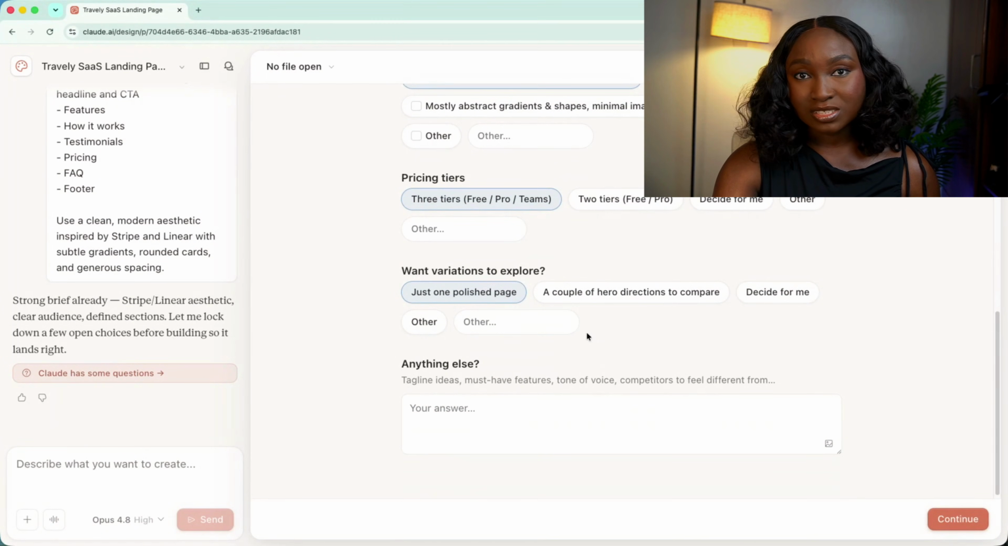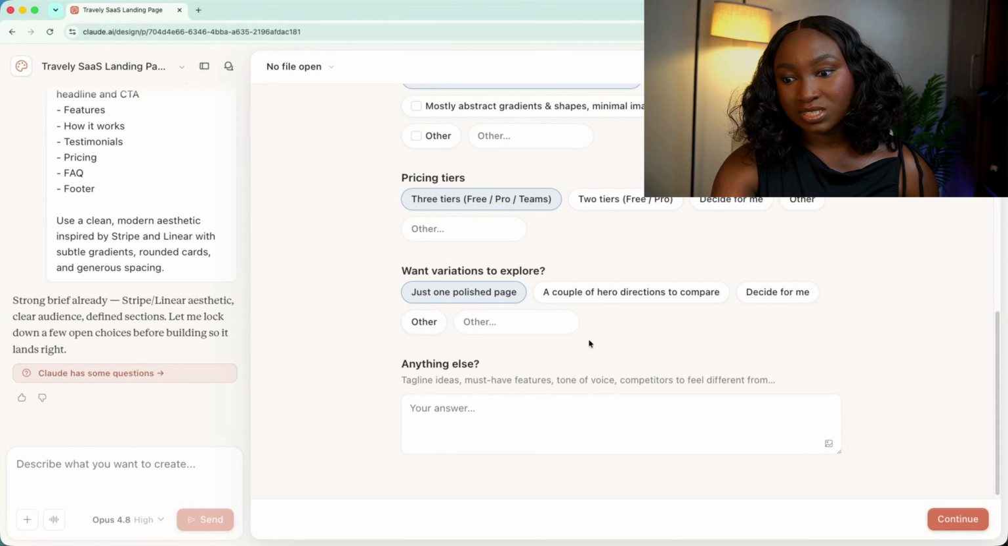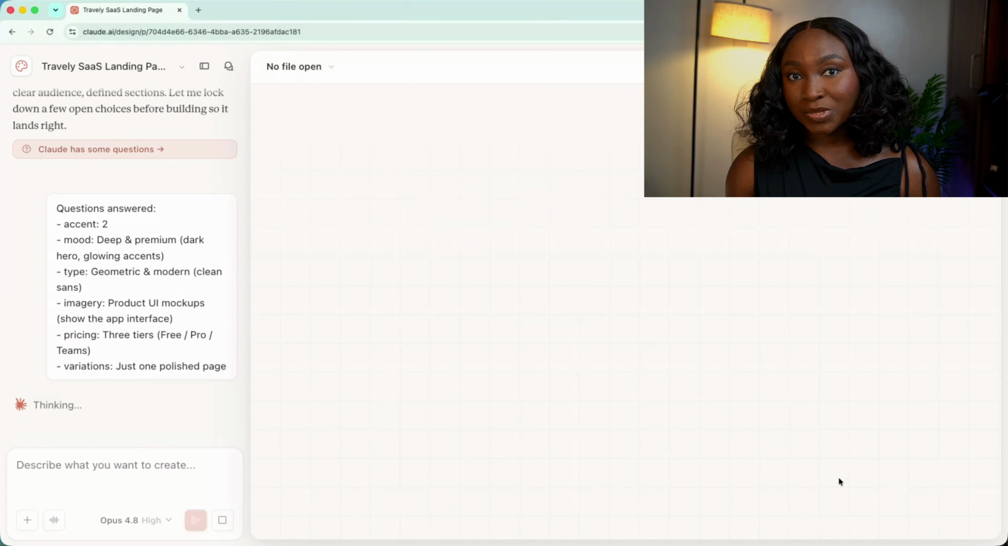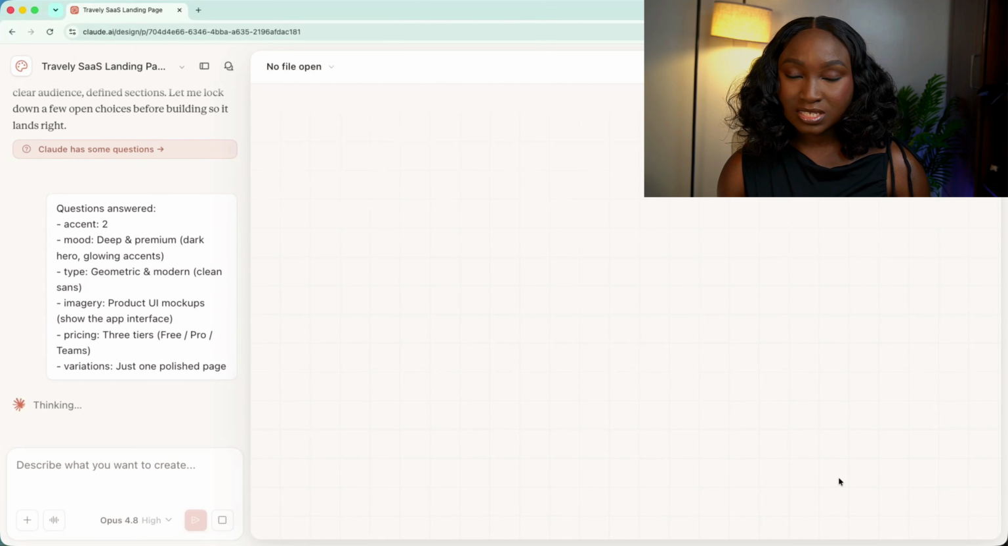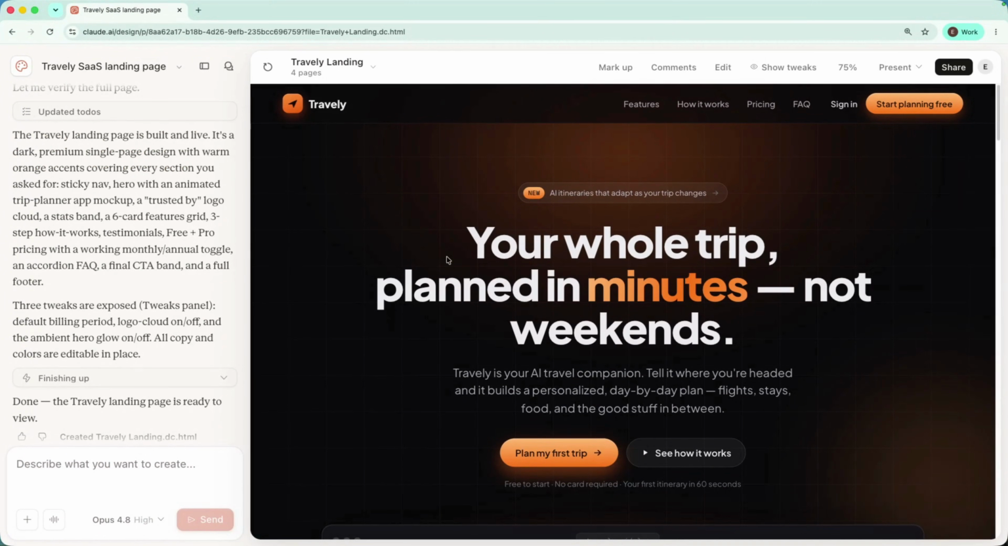And if you have any other detail that you want Claude to include in this design or to think about when coming up with this design, you want to add it here, like tone of voice and the must-have features for this page. Then you send it into Claude, and Claude will spend a couple of minutes to actually create this design for you. Alright, so this took about 5 minutes for Claude to complete the design,